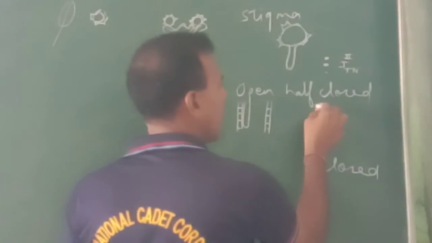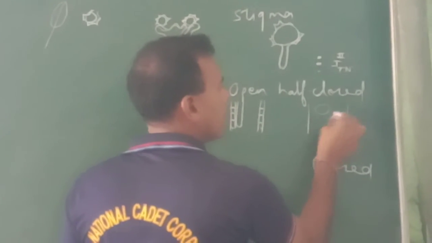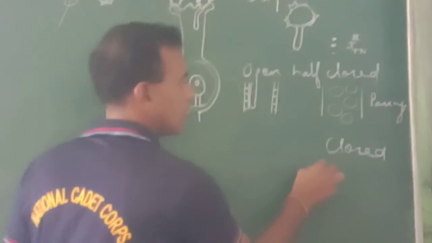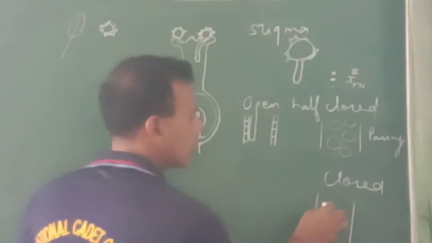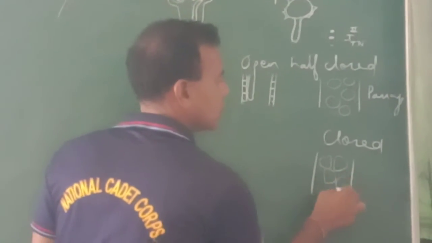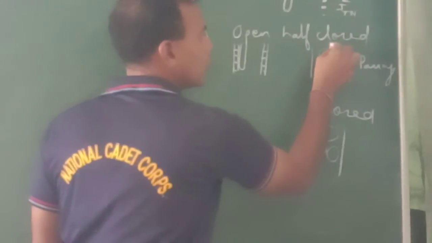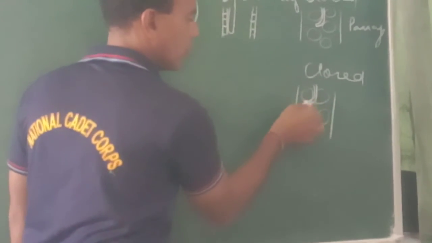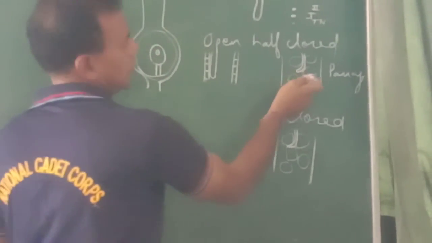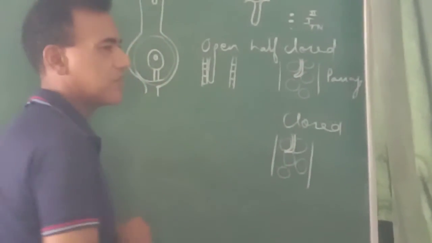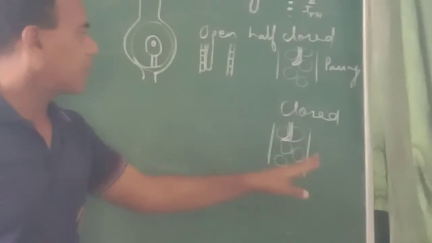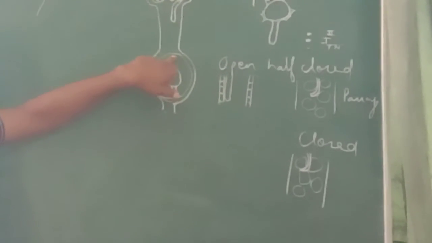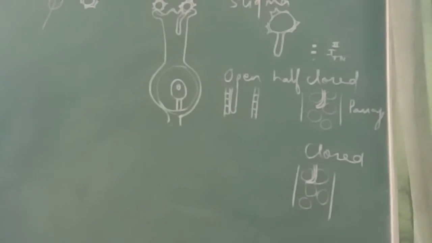In half closed and closed styles, parenchymal cells or patched cells are present. In half closed, space is more, and in closed, space is less, and the pollen tube has to struggle like this for moving ahead. It has to sometimes dissolve these patched cells to move ahead, and finally it reaches through this style to the end of the stylar canal.